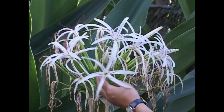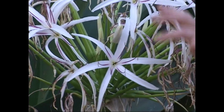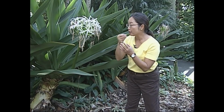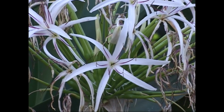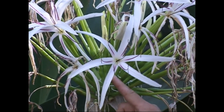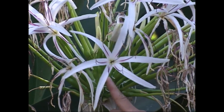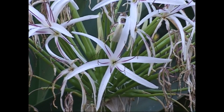If you look at an isolated flower, you will see that it has 1, 2, 3 sepals. Remember sepals? They help protect the rest of the flower when it's in bud. They're the exterior part of the flower bud. And then you'll also have 1, 2, 3 petals. In the spider lily, the sepals and the petals are very similar to each other. They're the same color, white, and about the same size. In such cases, botanists often refer to the petals and the sepals together as tepals,